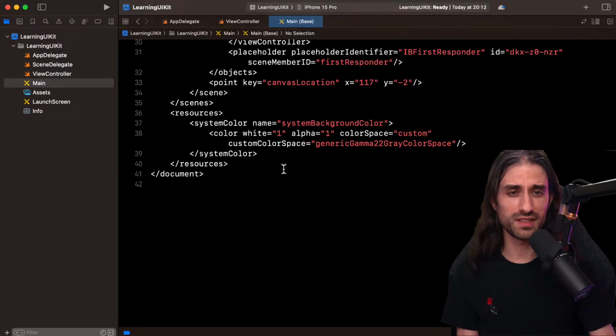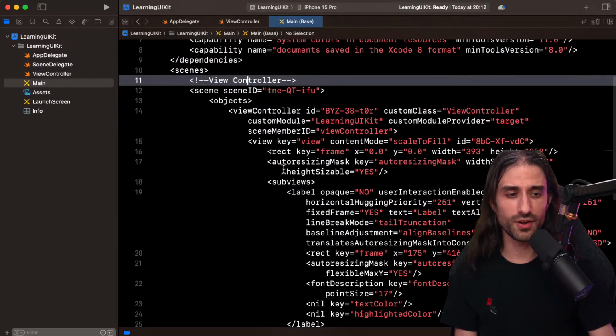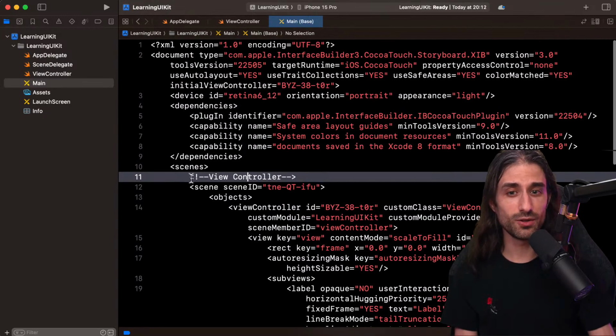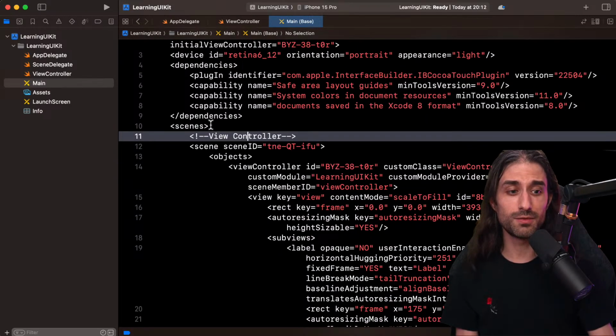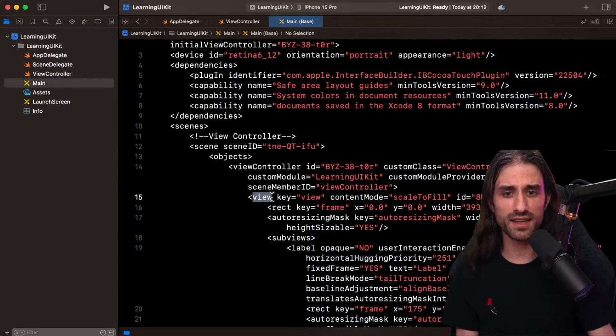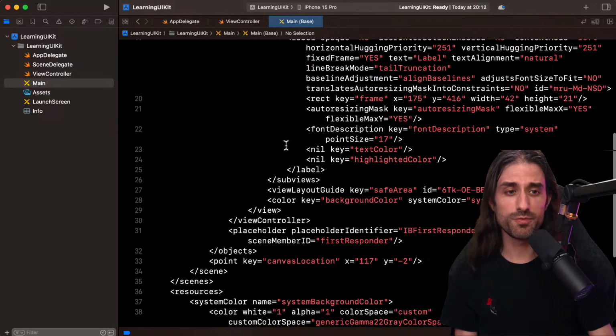It's the merge conflicts. When you are in a team, with several people working on a storyboard, and two of you make changes at the same place in the storyboard, then you have the delicate pleasure of having to solve conflicts in the storyboard. So they tried to make it better as it went along. You can see that the tags are more descriptive, and that there are some comments to indicate where we are, but still dealing with merge conflicts here is not perfect.